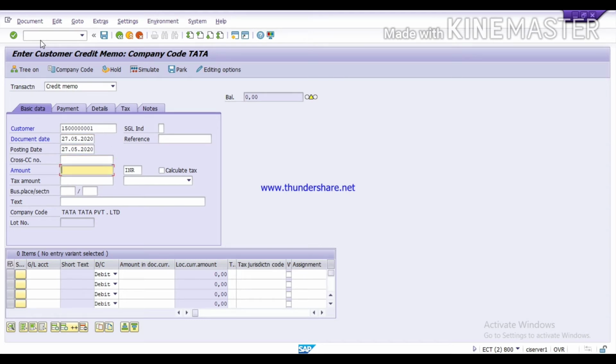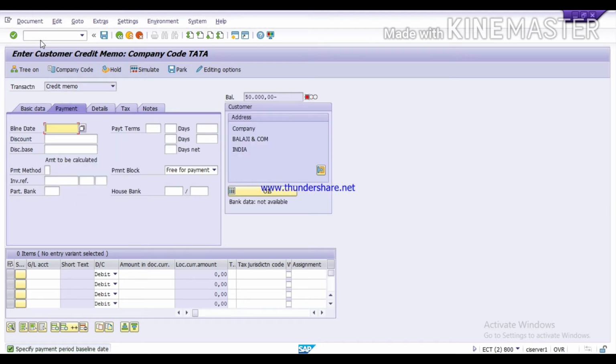Amount is how much material you want to return. So I am returning 50,000 rupees for the sales return. Here we have to give a baseline date which is the same as 27th of May. Here we have to select the payment term which is 0001, or you can check it by pressing F4 key.